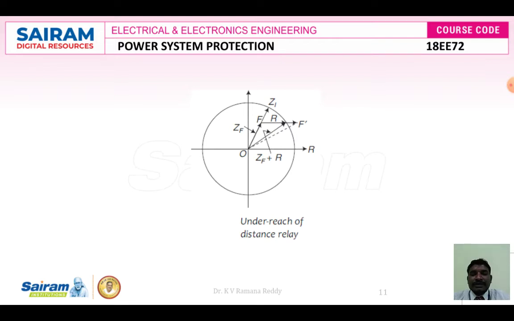The hypotenuse shows the sum of the fault impedance plus the resistance,